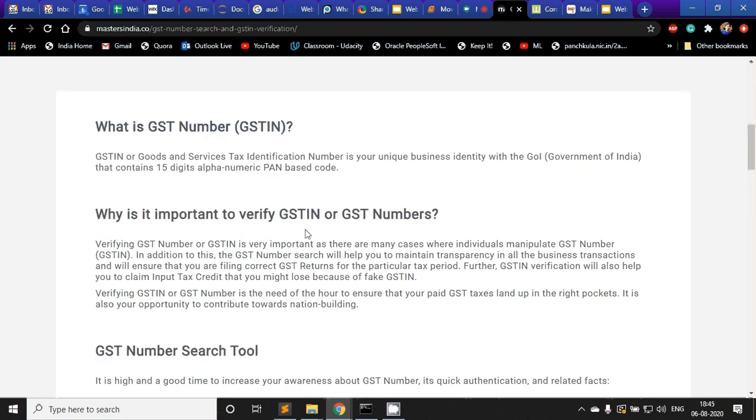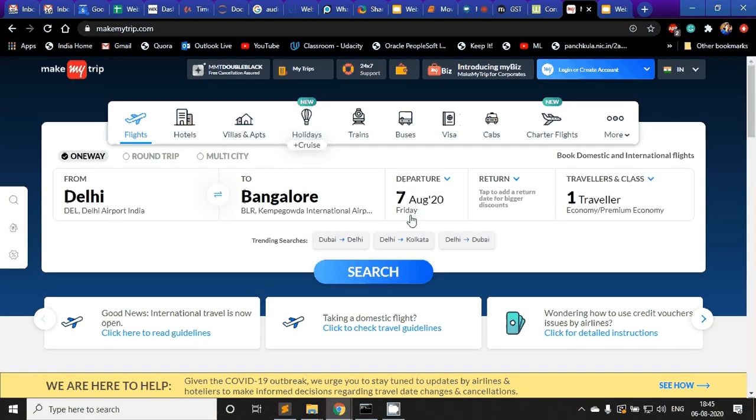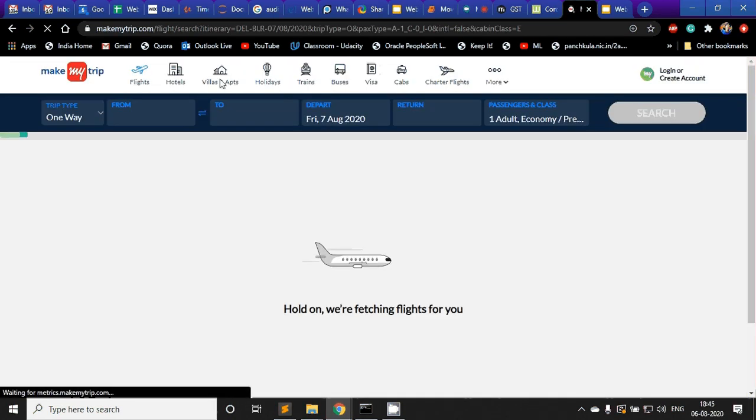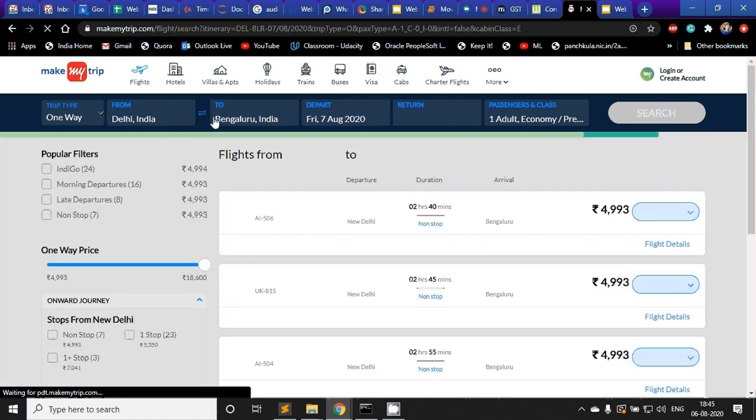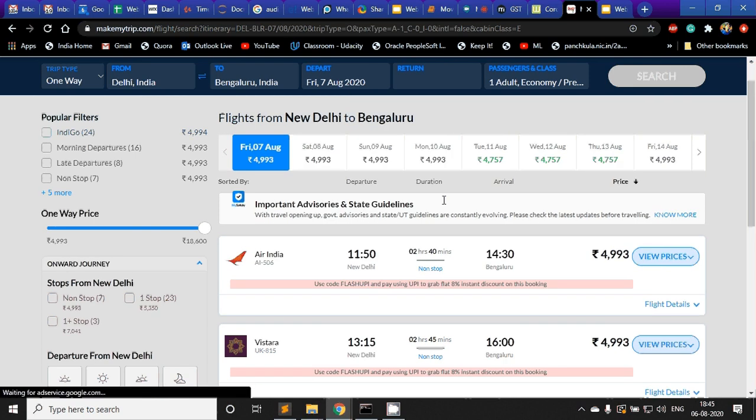First, we inspect the website. I mean, we check what data we need, where it is placed, what the structure of the website is, and what elements are there. This is a better example. Let's say I do a search here on the MakeMyTrip website, a simple search Delhi to Bangalore, 7th of Friday, and I get these prices.